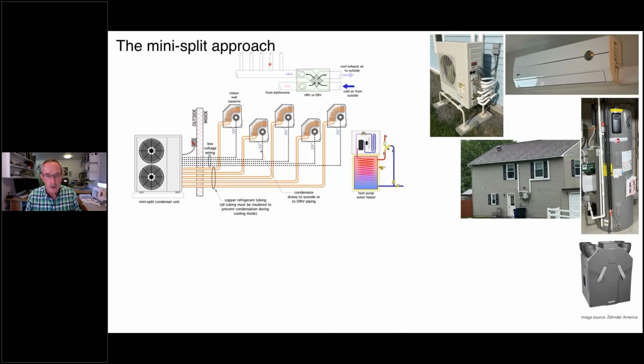It might be a trunk and branch system. It might be what I'll call a home run duct system, where 2-inch flexible tubing is being used from some type of a manifold or plenum on top of the air handler. But it's a separate ducting system just to supply fresh air throughout the building. And then finally,